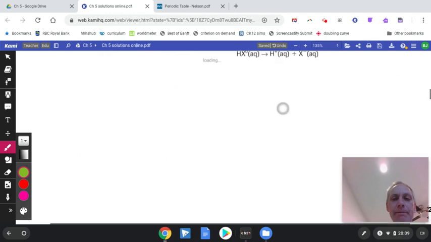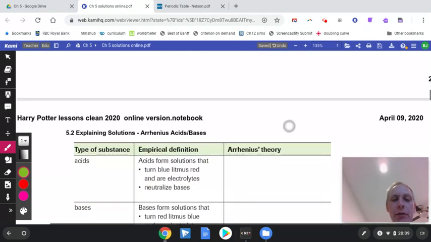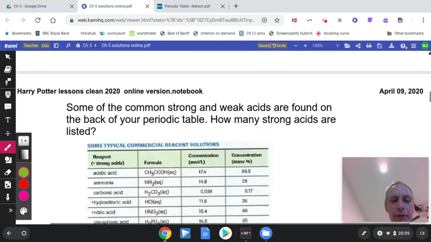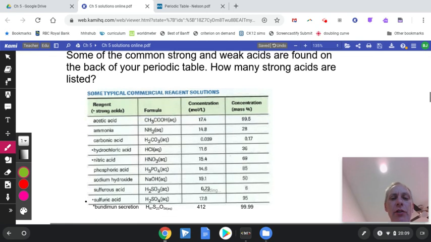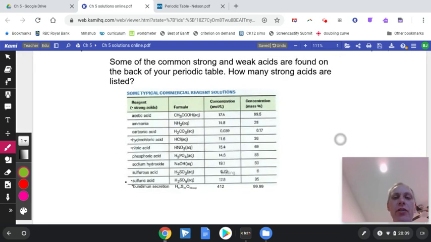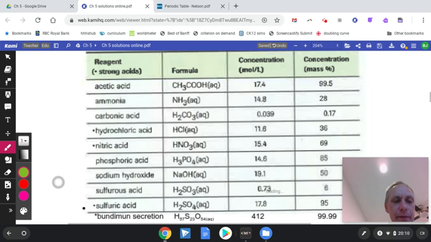Well, in your, hang on here. Is it not in here? Yes, here it is. Jumping ahead. On the back of your periodic table, there is a chart that gives you 3 of the 6 strong acids. Did you know there are only 6 strong acids? Everything else is weak. So the strong ones have a star beside them. Hydrochloric, nitric, sulfuric,